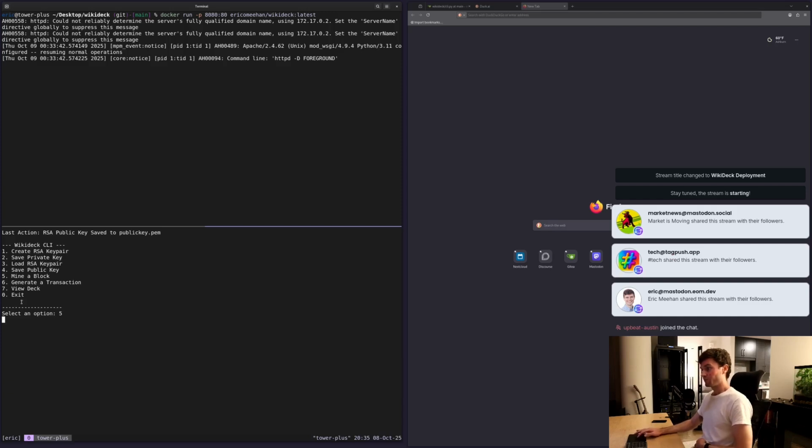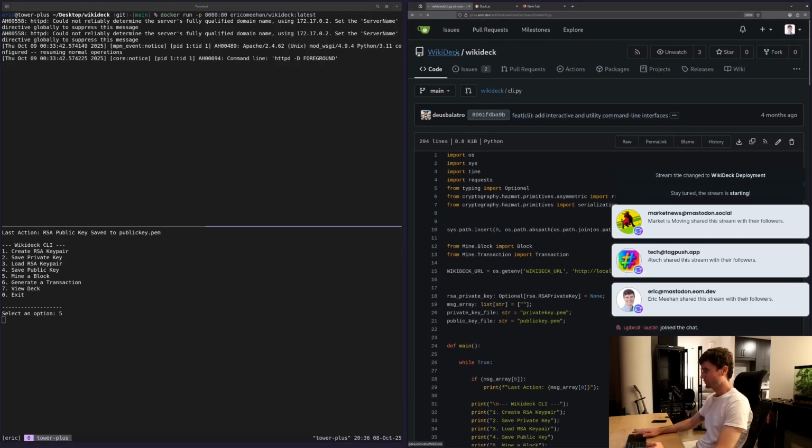And once we see that it mines the block, I'll probably mine a few more, and I don't know how I'm going to be able to generate a transaction. I think I might have to generate another key pair and do something with that, but we'll see. Let's just give it a moment here. Once we confirm that this is working,